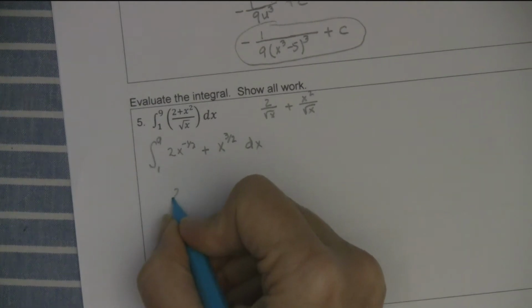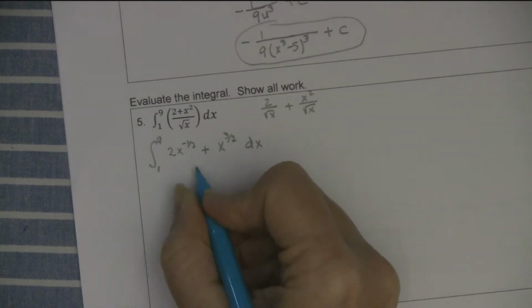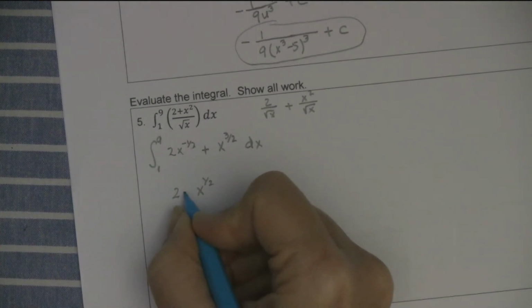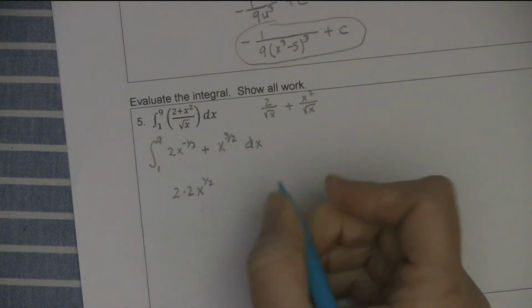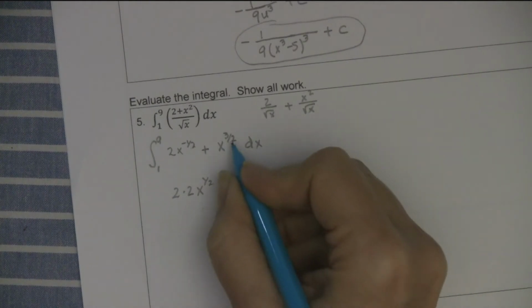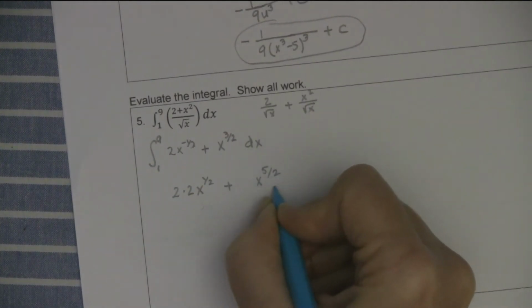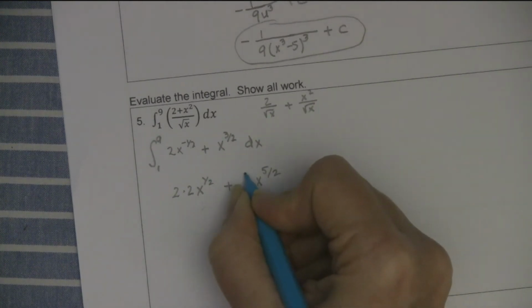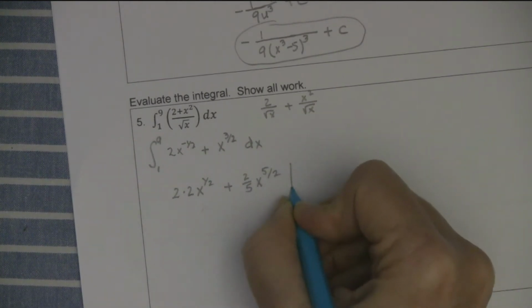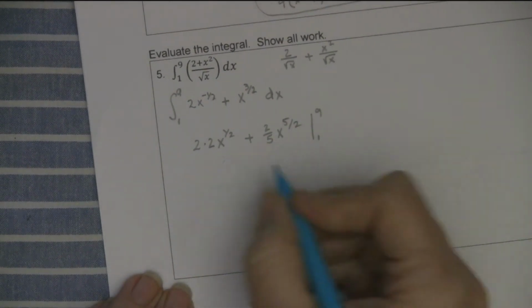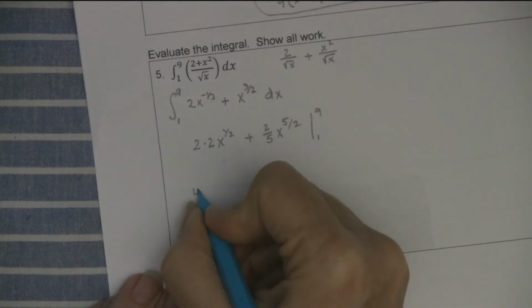So the 2 holds still. I add 1 to here, I get half. I divide by half, which is the same as multiplying by the reciprocal 2, plus I add 1, that's 5 halves. I divide by the same darn thing, 5 halves, which is the same as multiplying by 2/5, from 1 to 9. And now I'm using the Fundamental Theorem of Calculus Part 2, so this is going to be 4